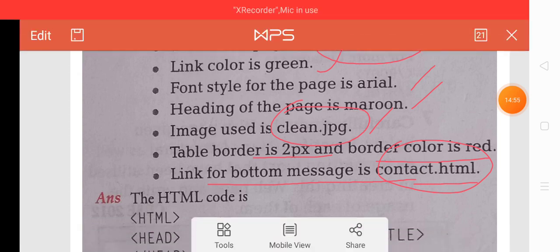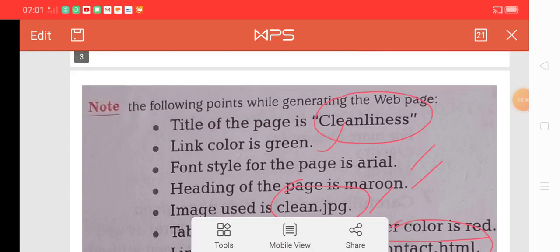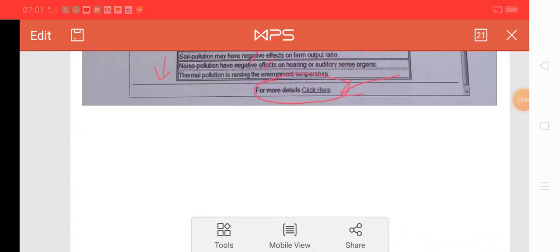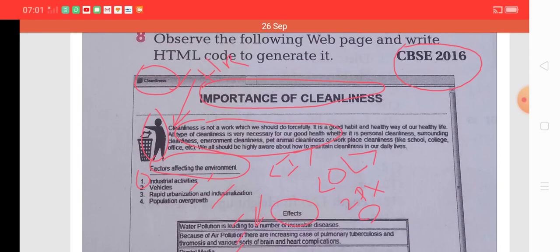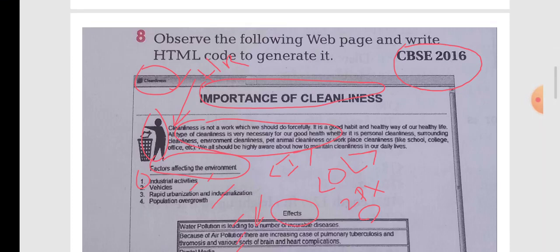Now I think all the concepts are very clear to all of you, what type of tags are used in this page. So in this type of question, one thing is also very important, and that is when you write code for a particular web page and you apply the tag correctly, then marks will be provided accordingly.